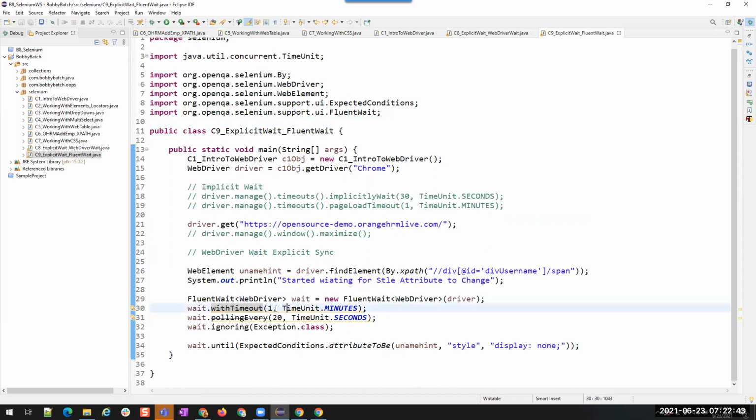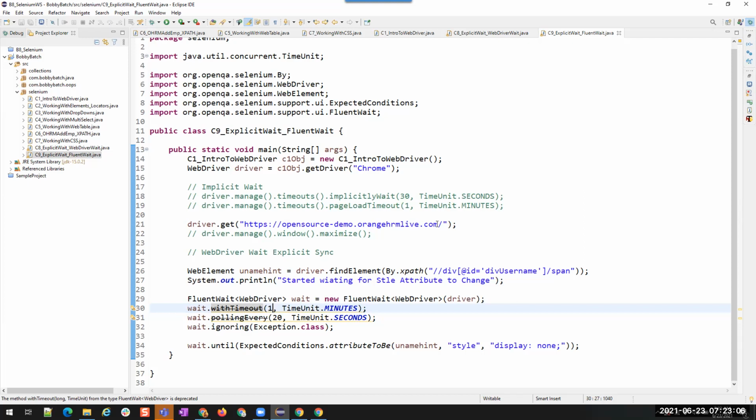But within that 1 minute, by default, WebDriver wait was checking every half second, right? You remember that? Now I don't want to check every half second. I want to check every 20 seconds, because I know that within 20 seconds, nothing is going to happen. If something is going to happen, it happens only after the 20th second.